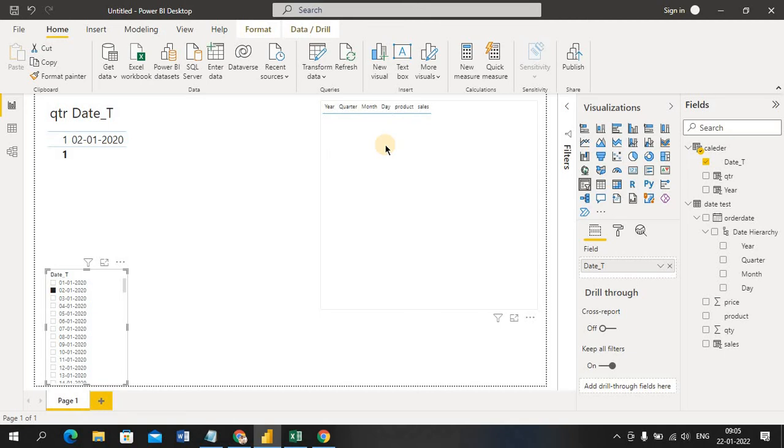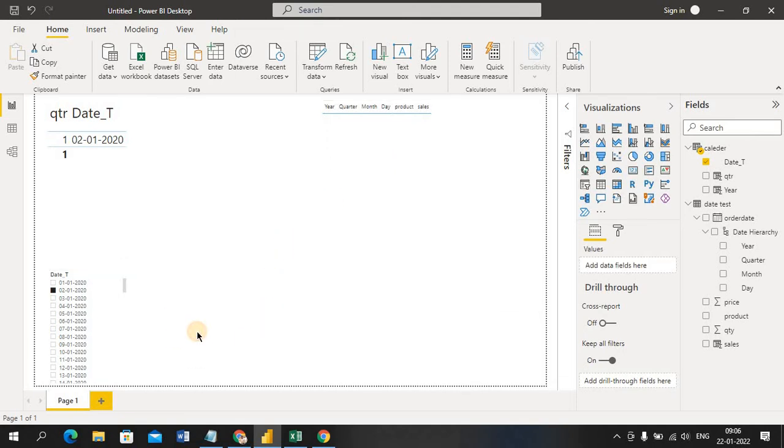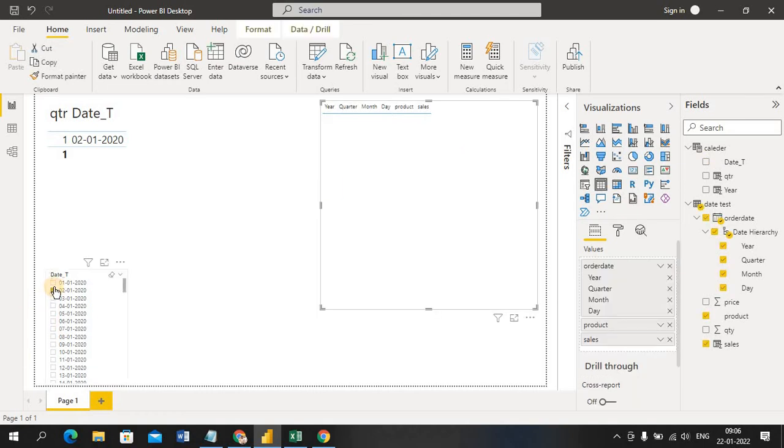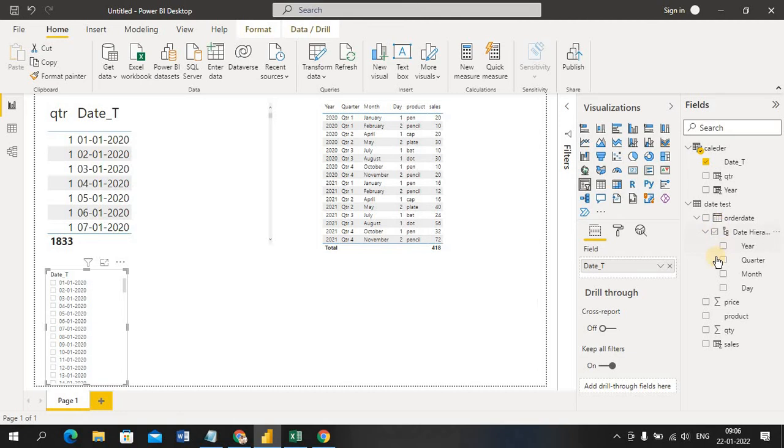Okay, how am I getting this? I created the calendar, right? I created the continuous calendar. From the calendar I got continuous date systems. From the continuous date system I got this column. From this column I can find out whether my continuous dates are there or not. So you can see now, in this table I just drag and drop this DT column, so that I can get continuous dates here. Okay, I get continuous dates here.